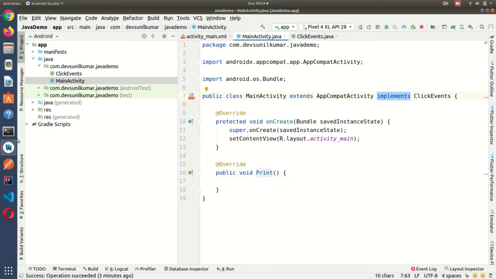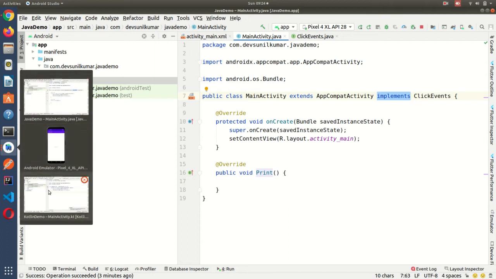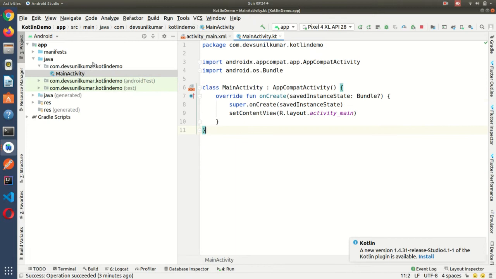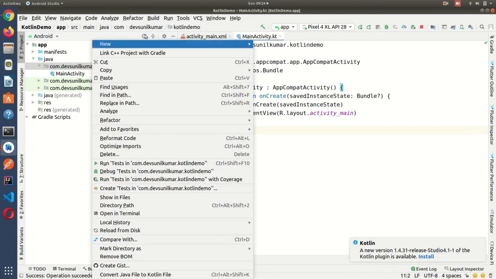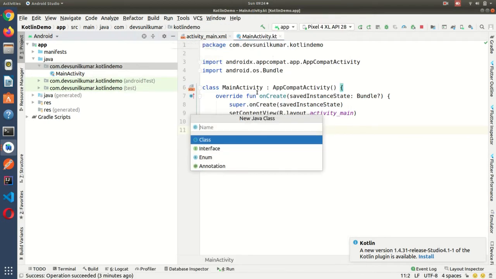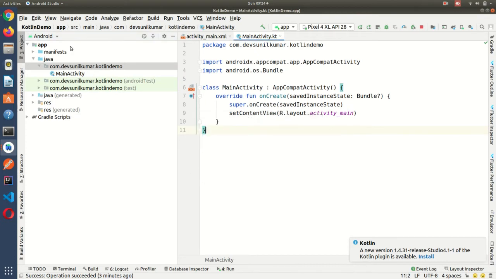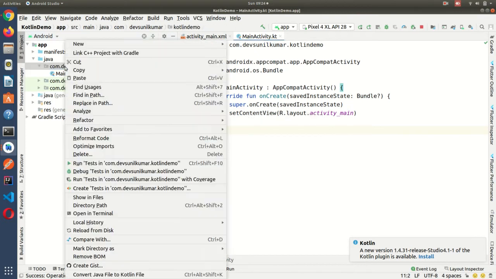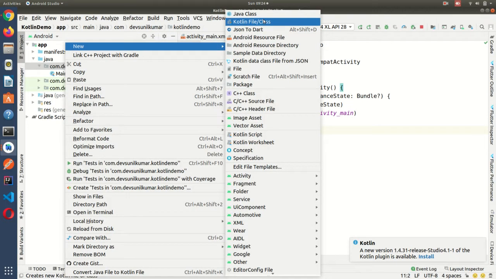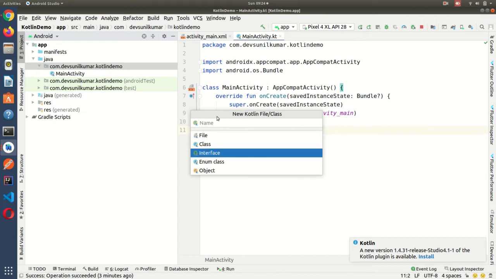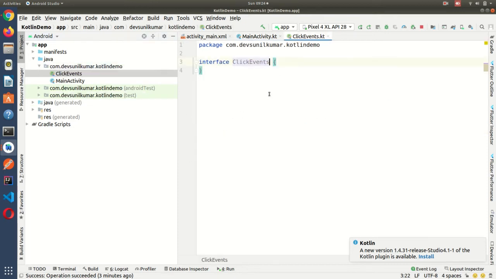We are going to do the same thing in Kotlin. This is the Kotlin demo, and this is the Java demo. So I am going to do it in Kotlin again. Here also I am going to create one interface, the name will be the same, and inside I am also going to create one method.